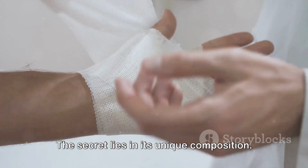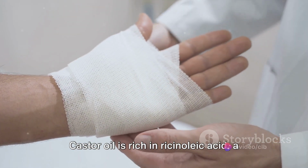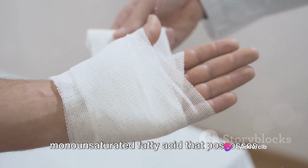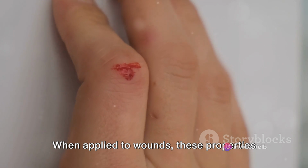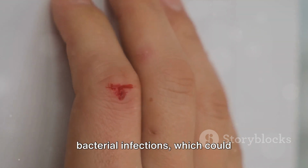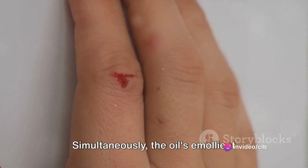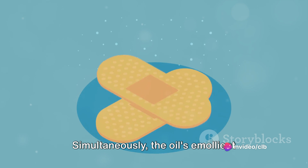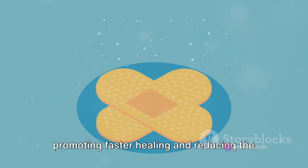The secret lies in its unique composition. Castor oil is rich in ricinoleic acid, a monounsaturated fatty acid that possesses anti-inflammatory and antimicrobial properties. When applied to wounds, these properties work in tandem to protect the area from bacterial infections, which could otherwise impede the healing process. Simultaneously, the oil's emollient nature helps to keep the wound moist, promoting faster healing and reducing the